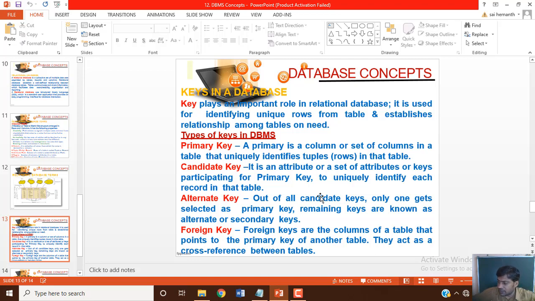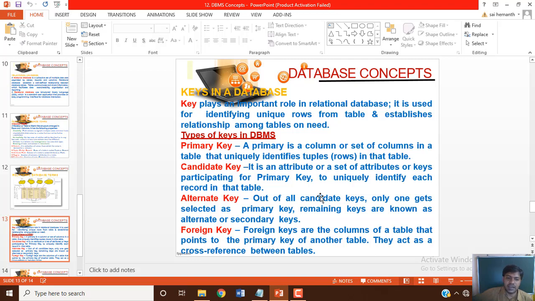It arranges the table in its own order. Primary key helps us to arrange the data in its own order. It cannot be redeclared or left null. One table can have only one primary key. Any table which you create in a database can have only one primary key, but it can have n number of unique keys or n number of candidate keys.